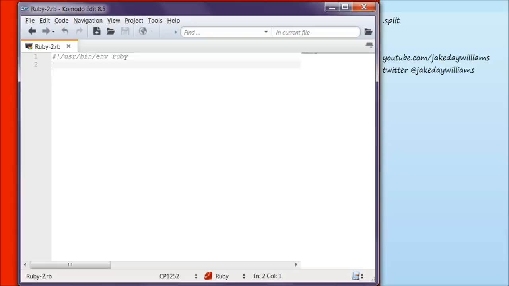Today we're going to be learning the dot split method. So go ahead and open your Ruby editor, and the first thing I want you to create is a variable. So let's make our variable rock bottom